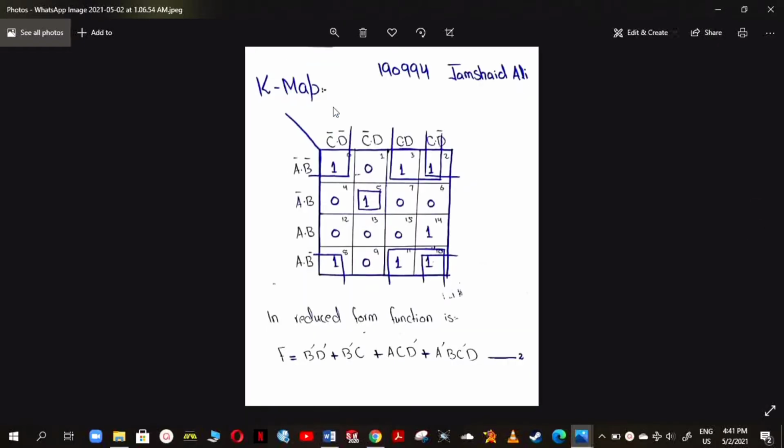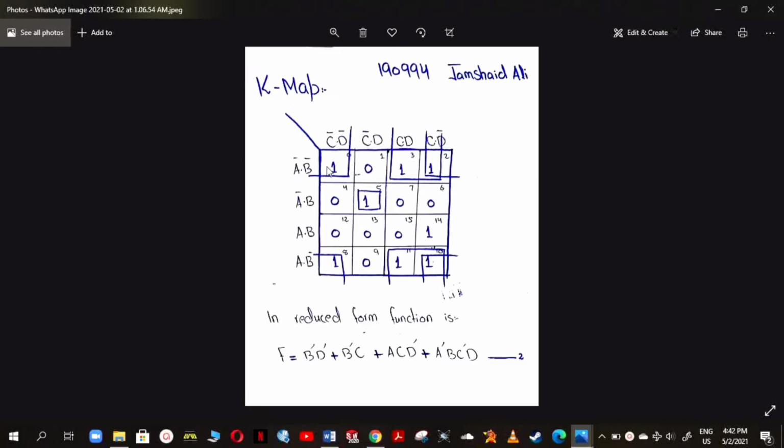Now you can see I drew its Karnaugh map, and all of its outputs are written in the 16-cell table, which is 4 by 4. Now we are going to make groups. The first group is that all the corners are 1, so 1 1 1 1. Here we got a group of 4 variables.